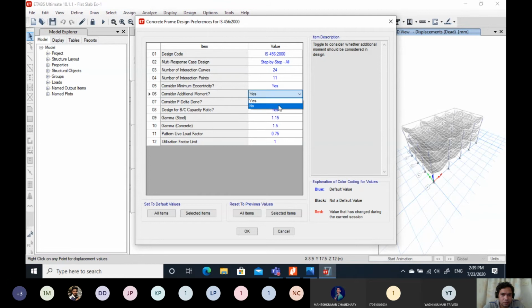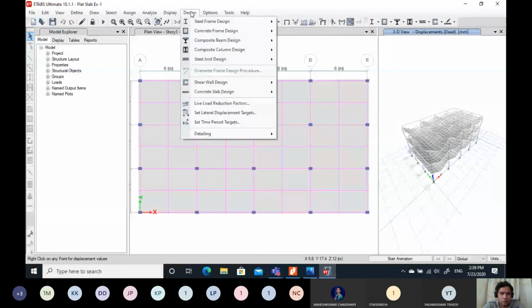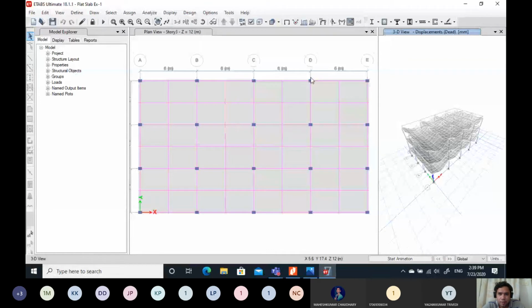You set this as no. We have set this as no because we have not considered any eccentricity while designing this. So next, start design.